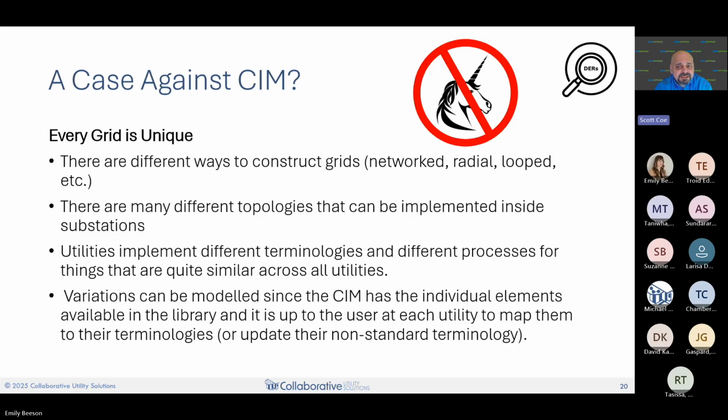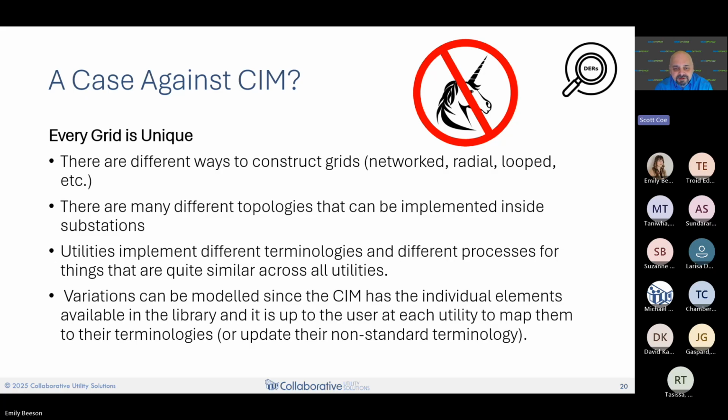All right. So the second problem is I can't use the CIM because my grid is special. There are obviously different ways to construct grids: radial, looped, networked, etc. But there's really nothing that unique that you can't describe your grid with the CIM.